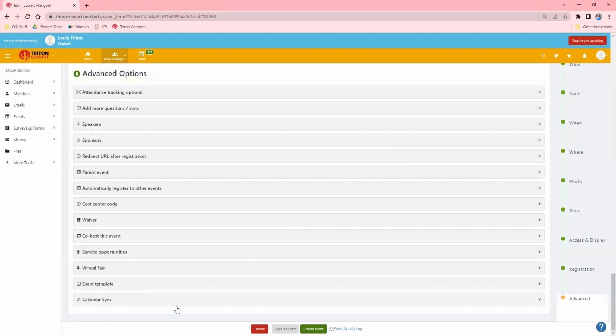Feel free to look around and explore in your portal, because you can always save an event as a draft. So there's a save as draft option here, and there's also create event here, which would be like save and publish the event. This event template option is nice